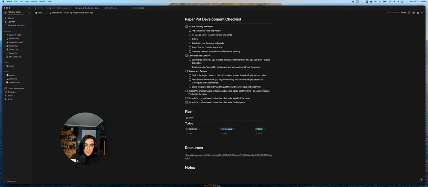Then I sort of go through the same thing again. And okay, maybe another intermediate packet or deliverable is to write a blog post, right? If I can express the idea in something a little bit coherent but not formal, that's helpful. And then next up, let's write a draft of the paper. And then following that, okay, let's finalize it. But that's pretty much the process. The to-do board is also super helpful. But yeah, I think that's it. So let's jump back to my presentation.